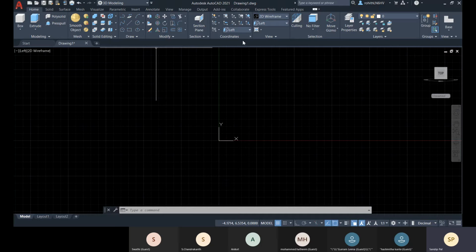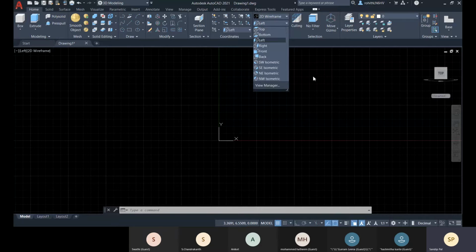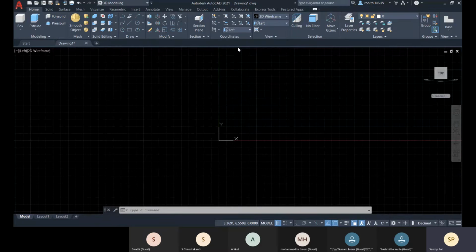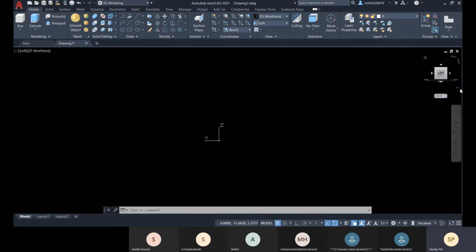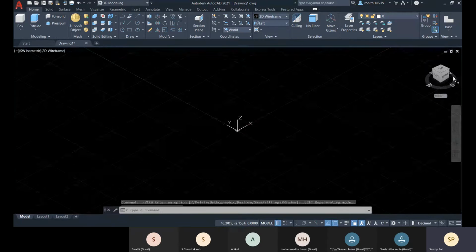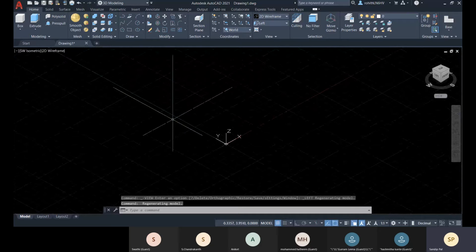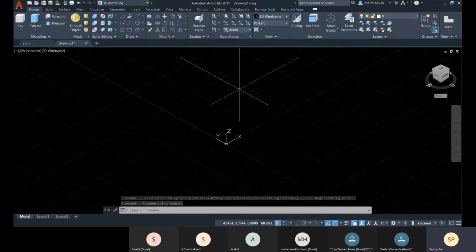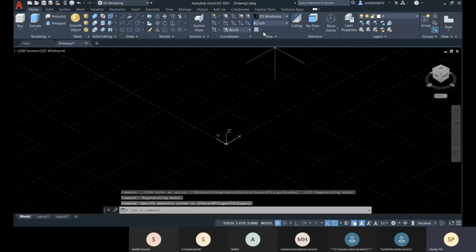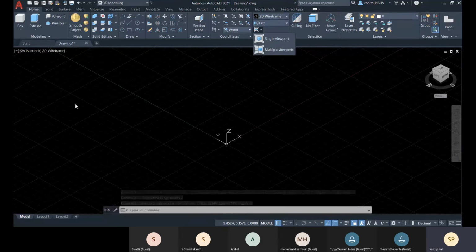I will come to these coordinates later, and you will understand how they orient and align as per the view. From this coordinate, let me change it to world, or else let me bring it back to our normal SW isometric view.